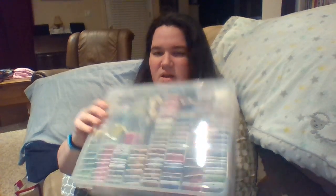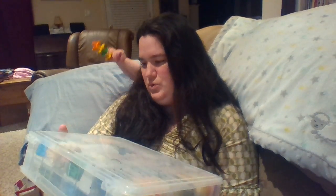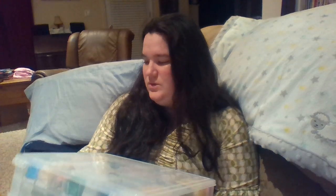So I start with my white, my ecru, and then I go from 150 all the way to 3052, so 3052. And then my 3300s, 3600s, 3700s, they are all actually in the purple boxes that I picked up. So I haven't decided if I'm going to get another one of the doubles because I can't quite fill